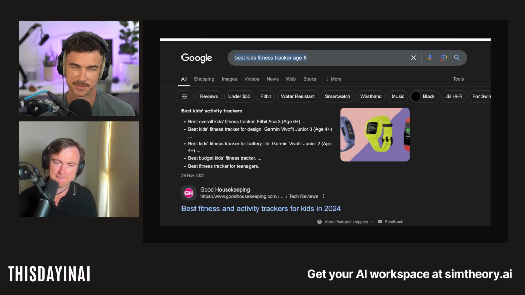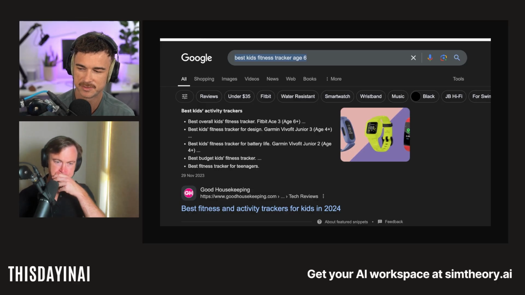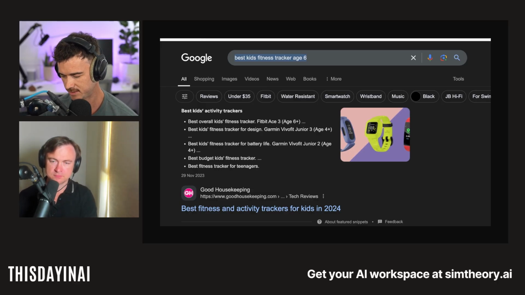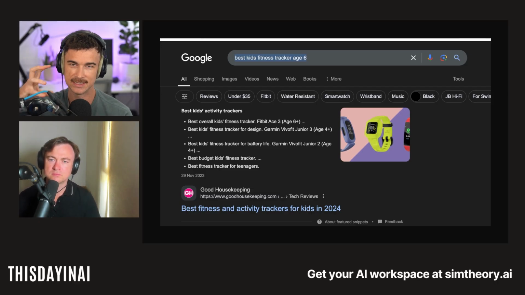I just wanted to compare their shopping example because I found it a little bit odd as a use case. Like, I'm going to use deep research to try and buy the best product. I can empathize with their example in the video, which is you do spend a lot of time browsing the web and reading reviews and making a decision about something. I would argue the journey's more important sometimes, like reading different perspectives, and it forces your mind to think about the decision you're making. Sometimes the journey of that research is more important than the decision you make, or it heavily influences the decision. But I just did a Google search to ground this technology in reality.